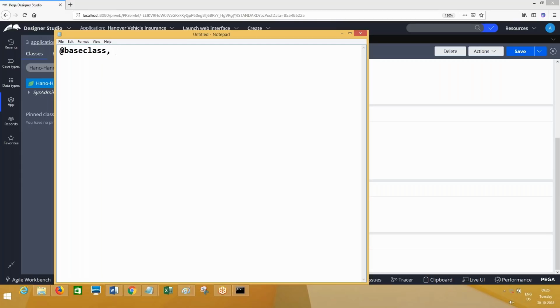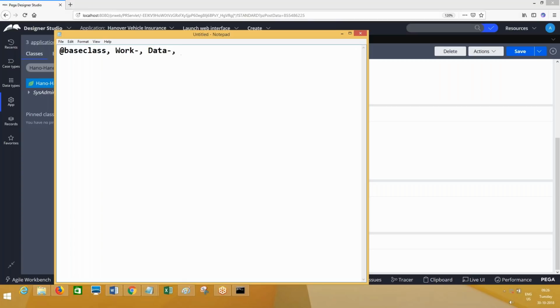What is the topmost class in Java? Object. What is the topmost class in .NET? Object, System.Object. Okay, base class. And another one is Work dash and Data dash.